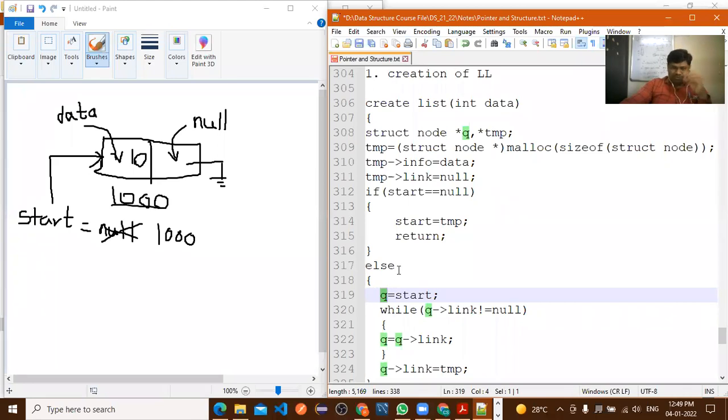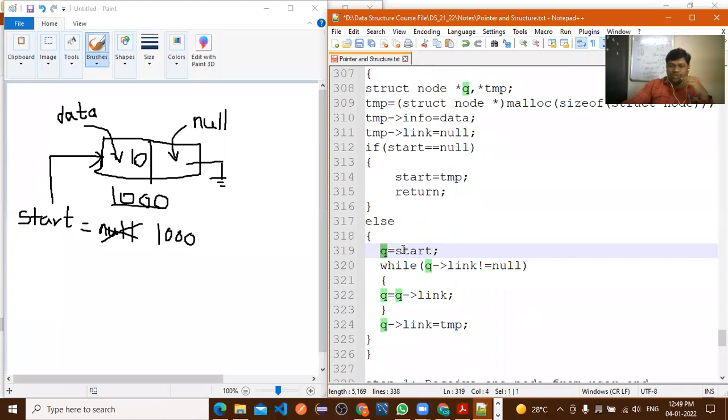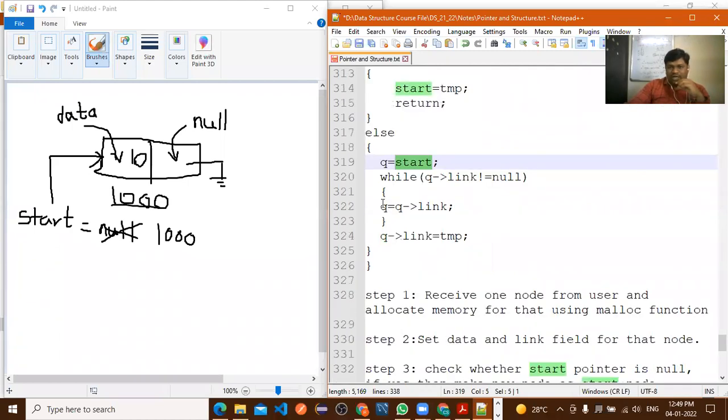Now, if you want to traverse from the first location to the last location, who is pointing to the first location? The start pointer, right? So we'll take the help of the start pointer, assign its value to the q pointer, and start traversing from start till the end of the list. Now, how to traverse?